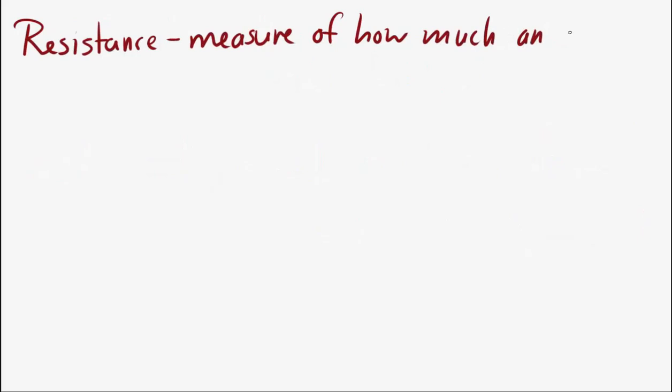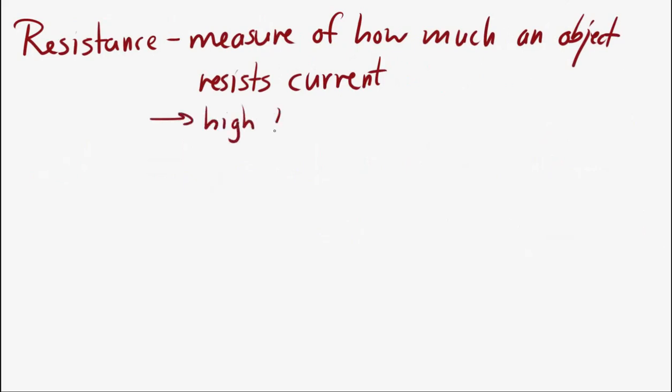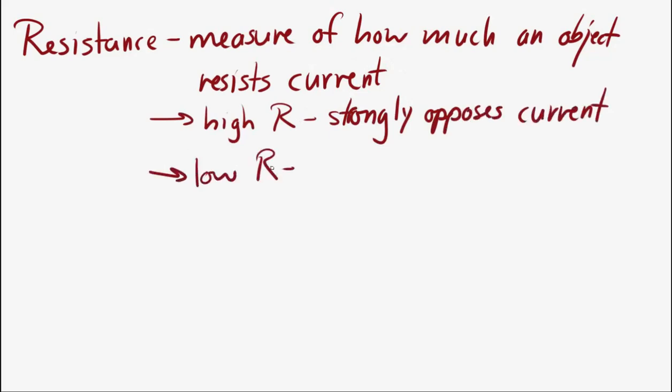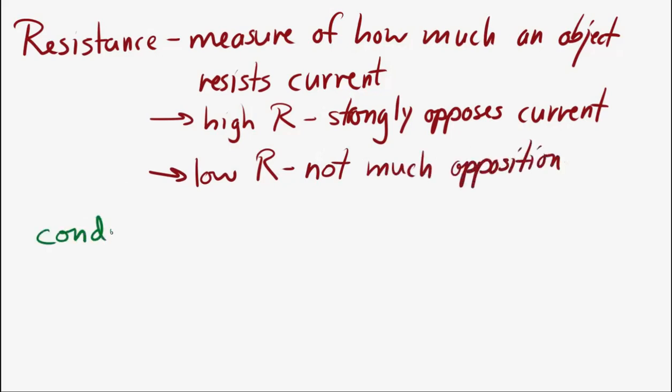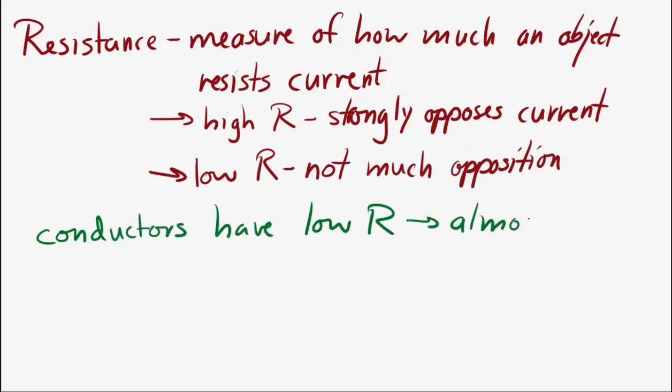Resistance is a measure of how much an object resists current flowing through it. So an object will have high resistance if it opposes current flowing through it, and an object will have low resistance if it doesn't oppose current flowing through it. Take, for example, conductors. Conductors allow free electrons to move very easily through them, so conductors have very low resistance. In fact, we almost always assume that conductors have a resistance equal to 0, that they do not oppose electron